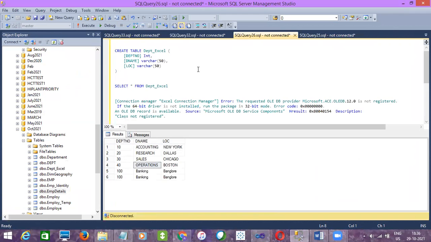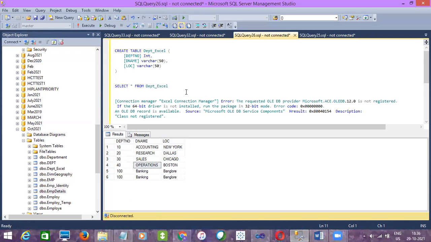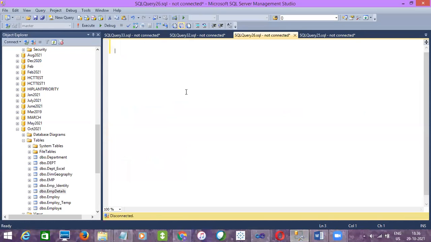Merge will majorly deal with two sources. It will accept only two inputs, and those sources should be in sorted order.